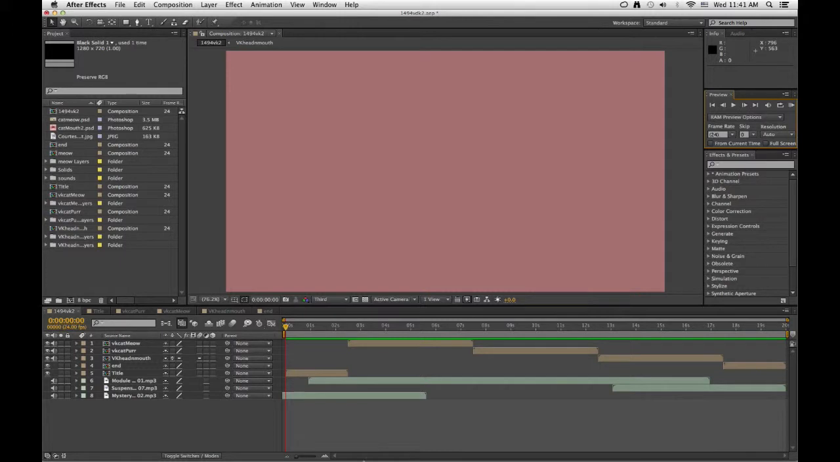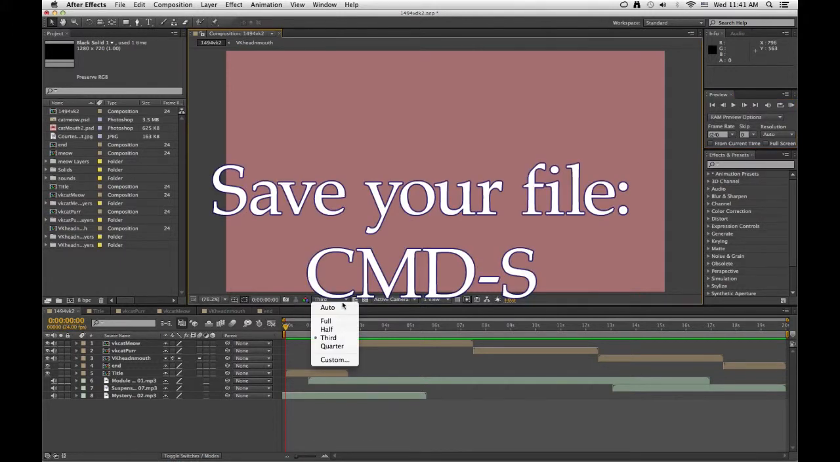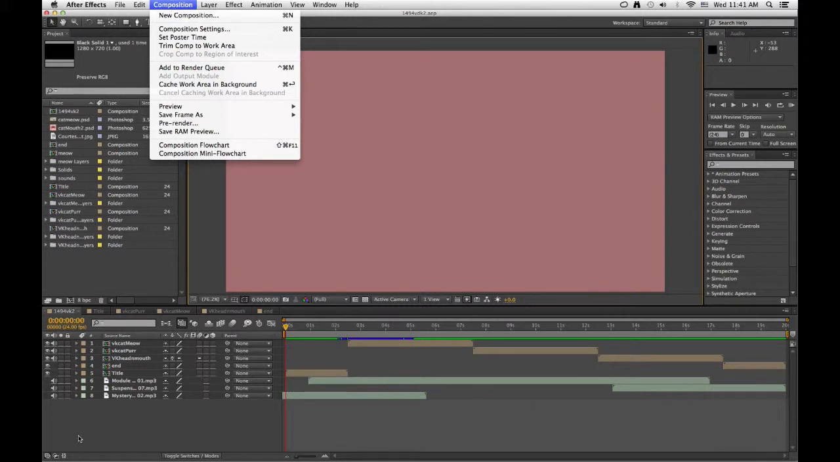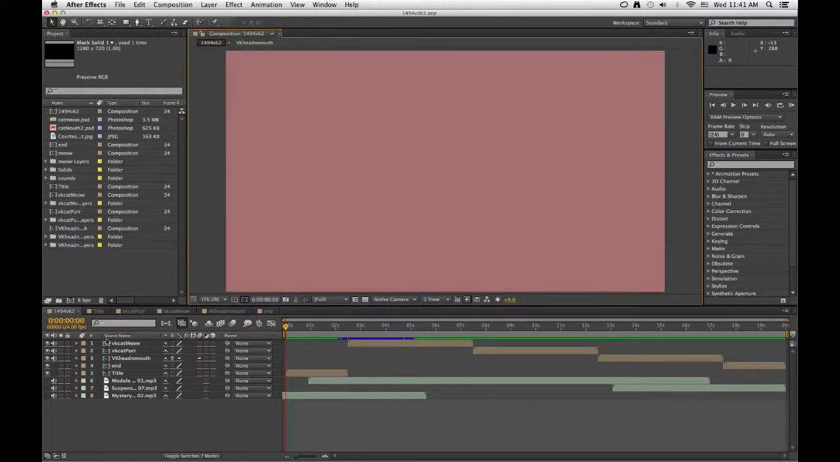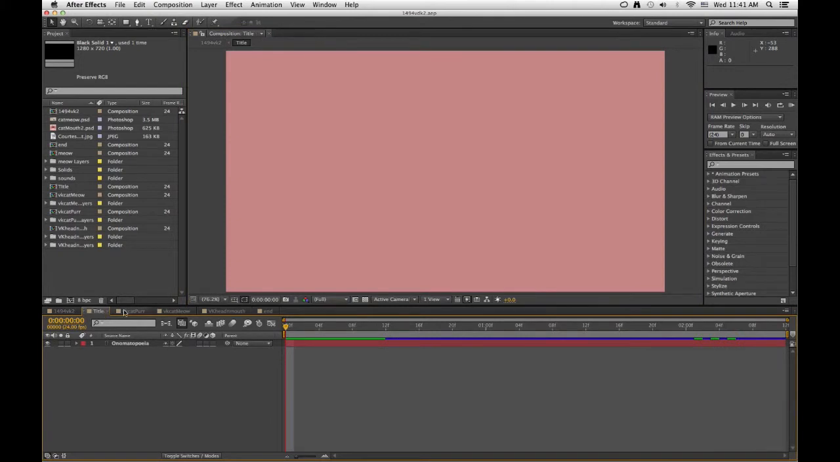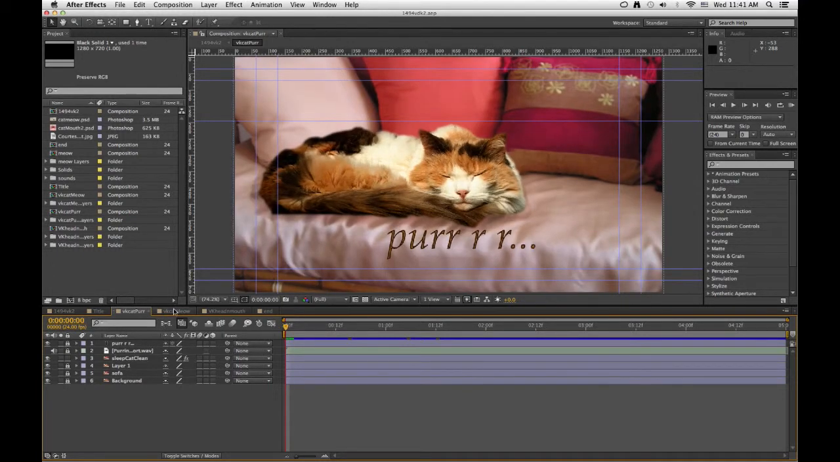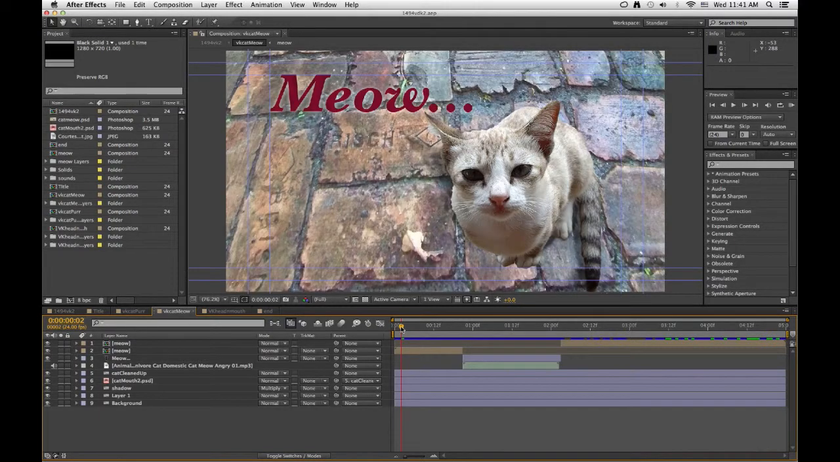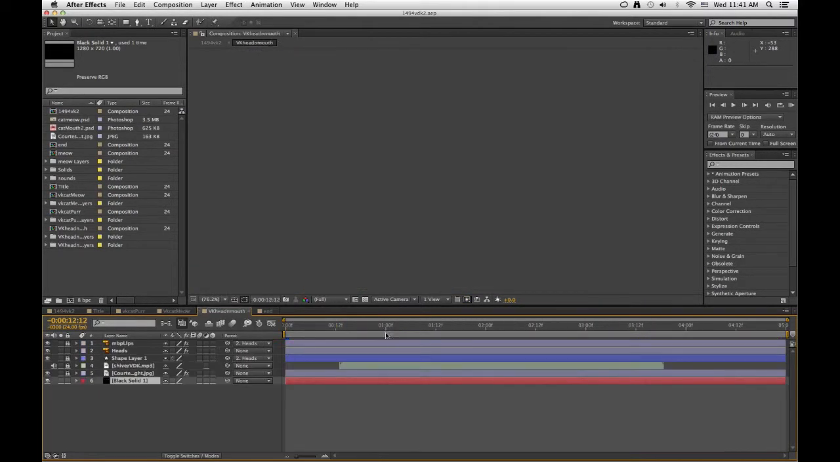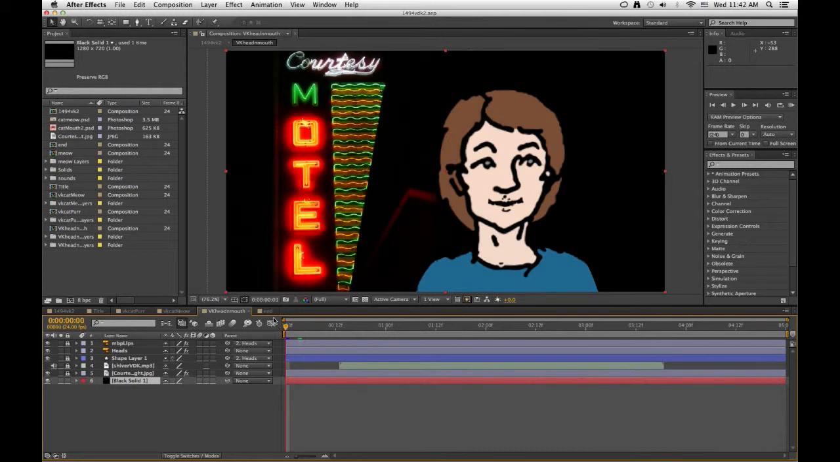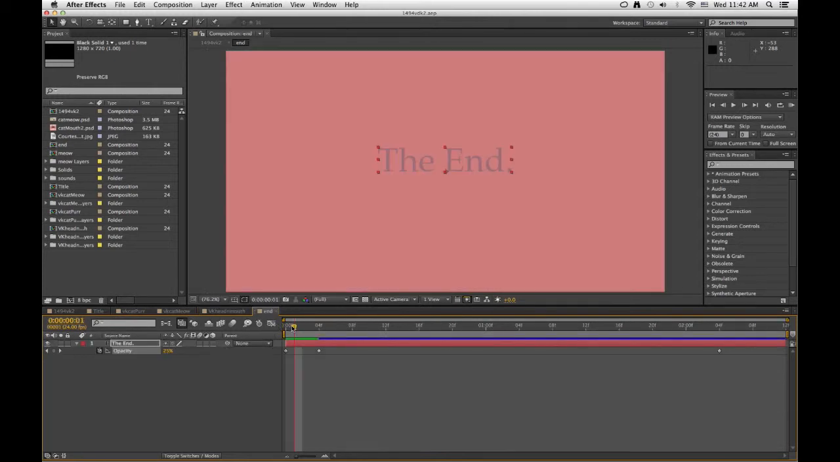Okay, so once you're convinced that it's going to work, make sure you save. Composition, and you want to make sure you place your title, your first scene, your next scene, and your last scene, and your end titles, all in the correct order